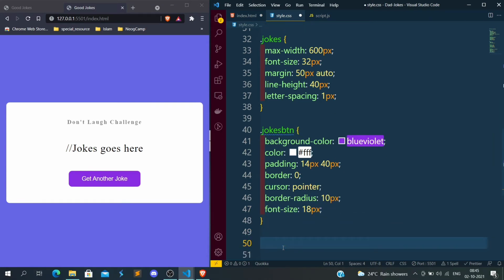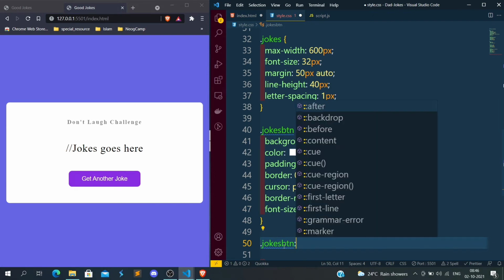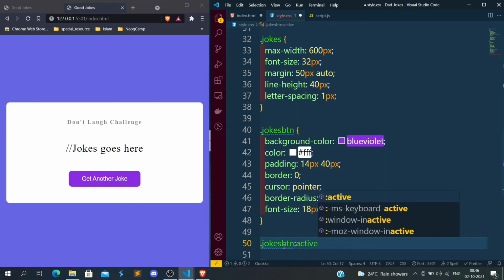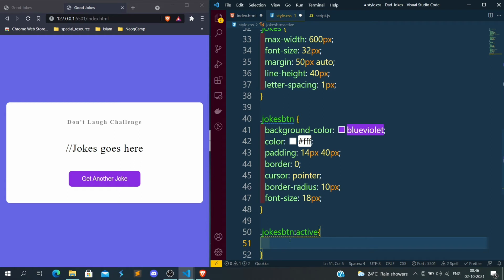Now what we want when it is active, as of now I want to apply the CSS when we click on this button. So when we click on this button I want to scale down a little bit. I will show you. Once we click on this jokes button, it means that button is active.